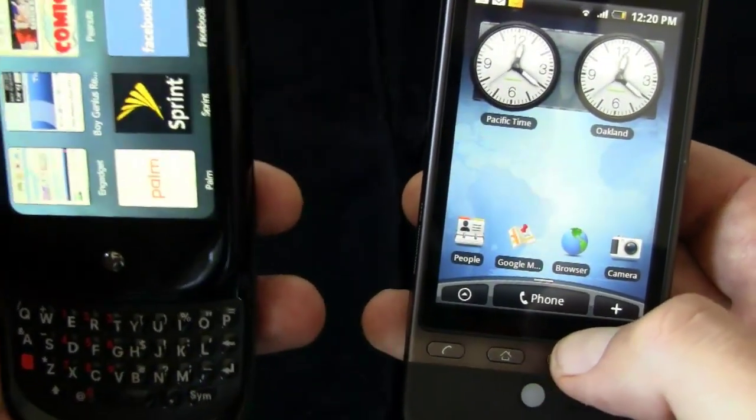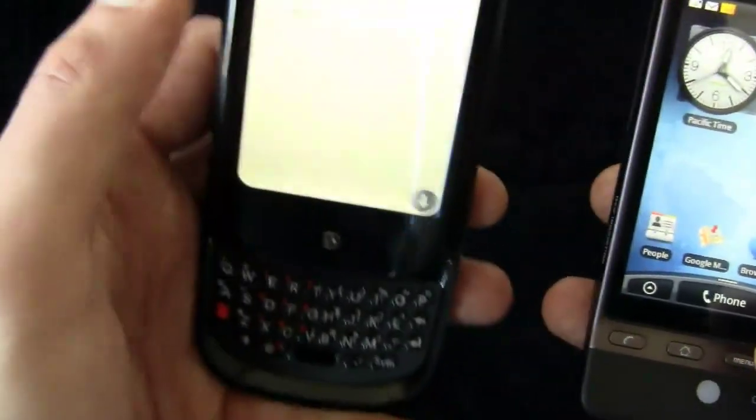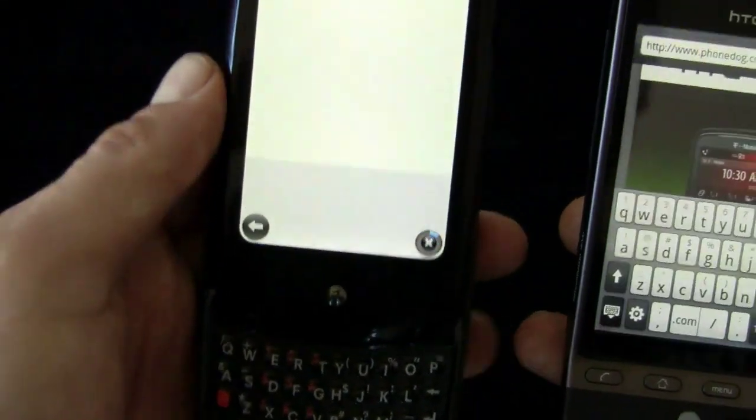And I will load up the same site on both phones. So we'll load up,